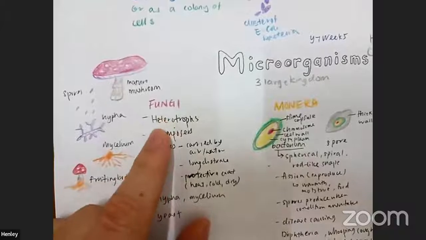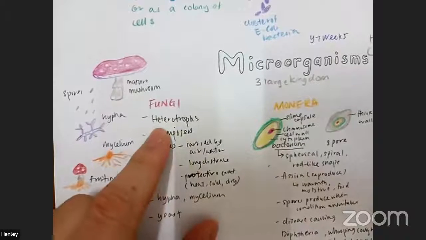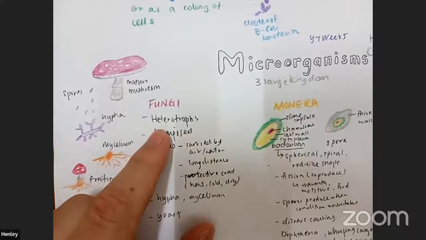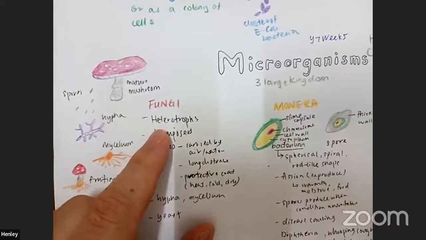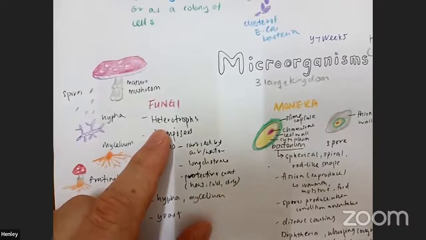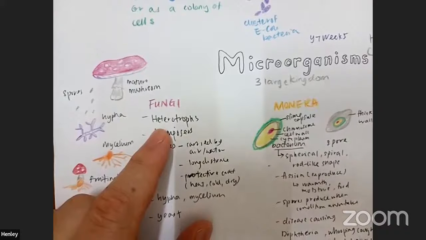Fungi is a heterotroph. What does it mean, hetero, as compared to autotroph? Hetero means they feed on others. The mushroom will eat others and depend on others as a resource of food to stay alive. And autotroph means just like the green plant, they have chlorophyll to make their own food.